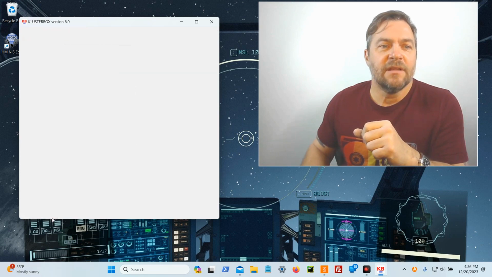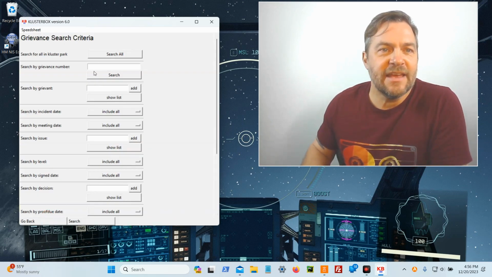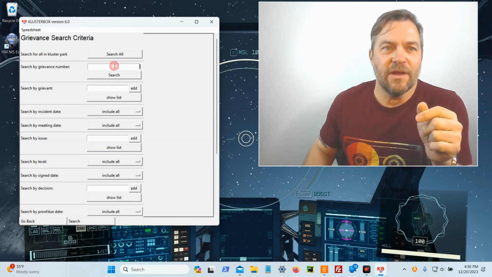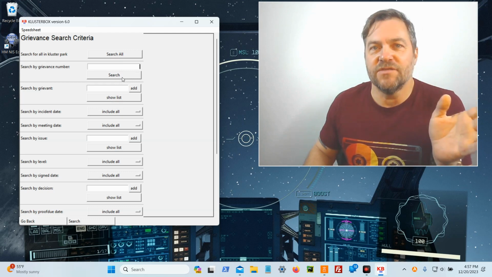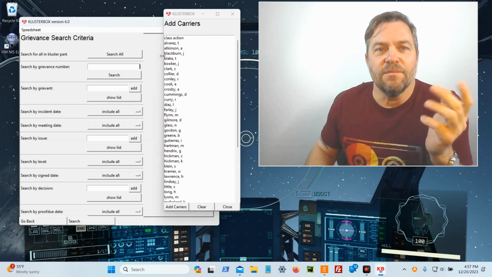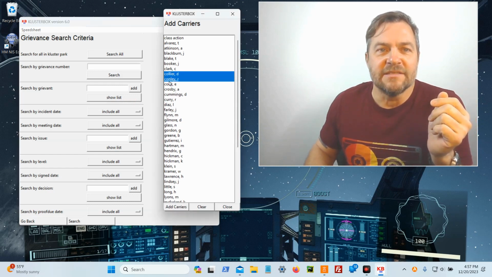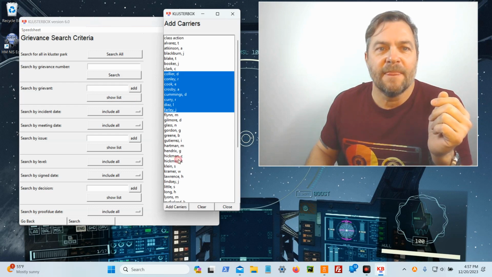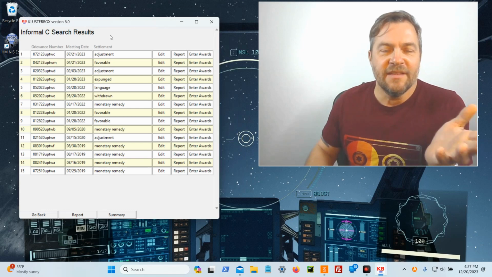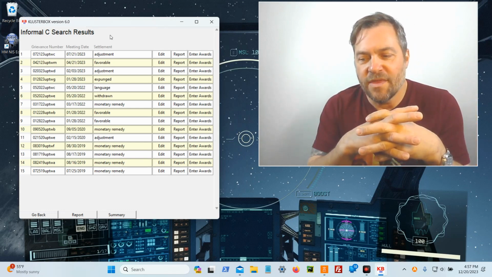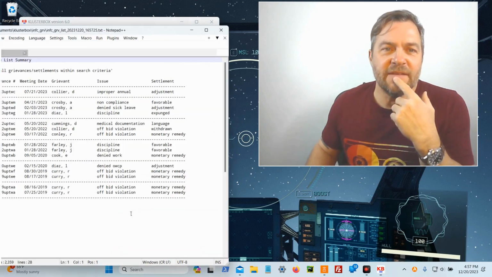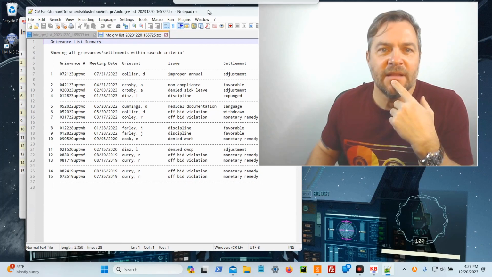Let's go back to the search criteria. Say if you want to search for a specific grievance number, just click this field right here, and that'll allow you to search for just a specific grievance. And you could search for many grievances and add all those carriers and search, and it'll give you a list of all carriers with just those grievances. And the summary button gives you a kind of a handier